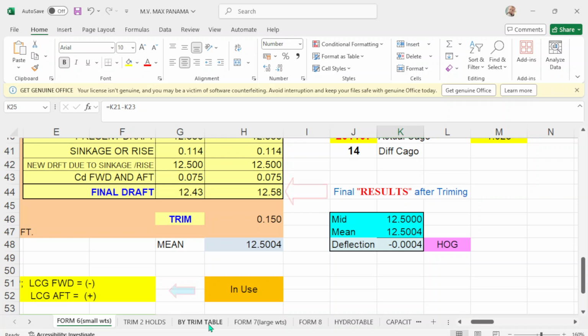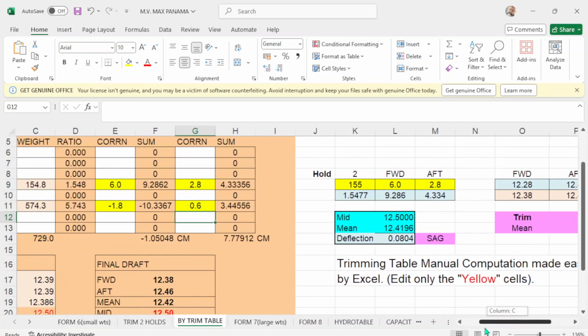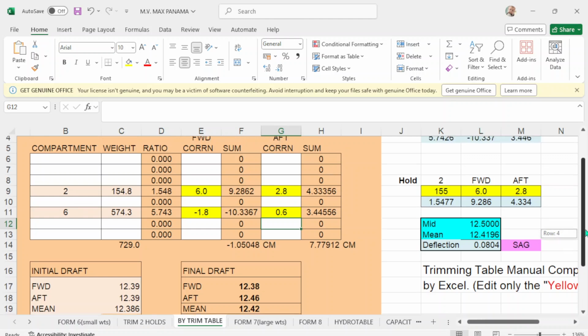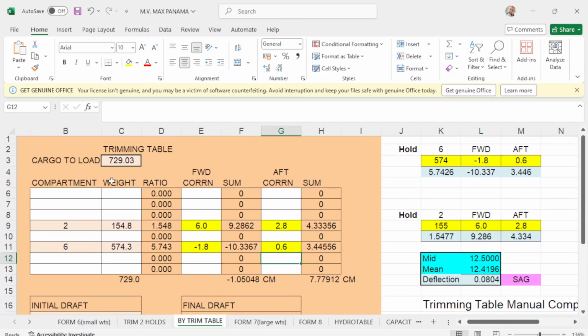Now we go to the trim. Okay. Look at your initial displacement is 12.39 or 12.386, which is even keel. Now in number 1, look at the weight, 729.03. So in number 2, you load 154, and number 6, 574. What is the correction of number 6?